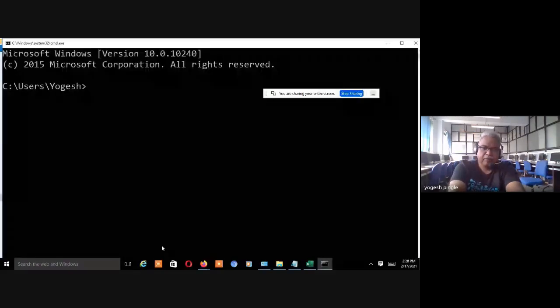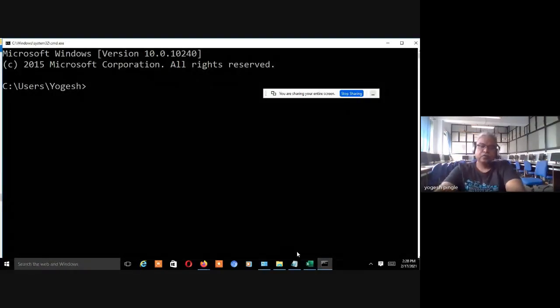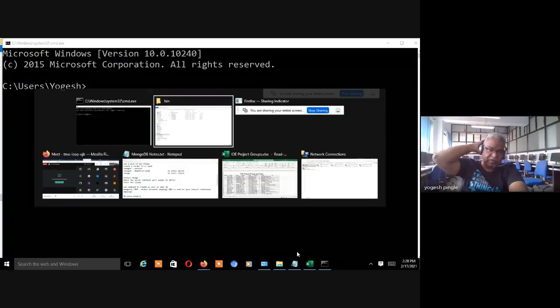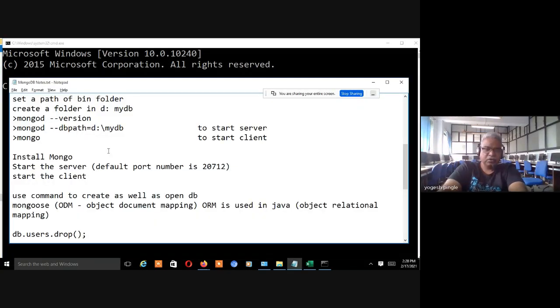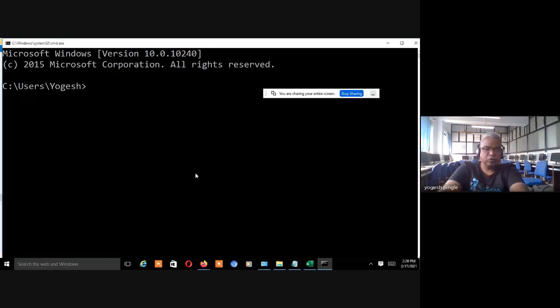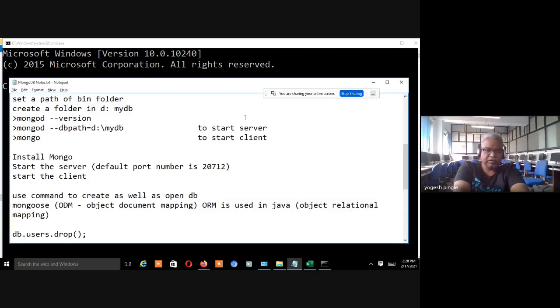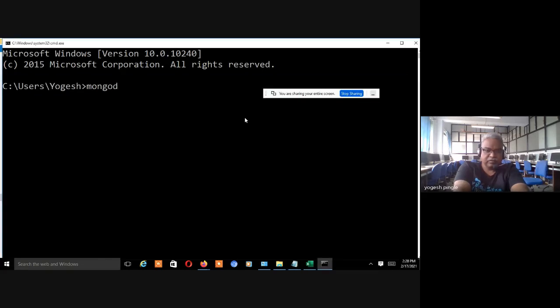Okay, so let's say I open this document. Now for the storage purpose, these are some notes for all of us, right? So I have just put it in a notepad. I typed it just a few minutes ago, so that you people can know the things. And I will put this in the chat box afterwards, so you can just check.